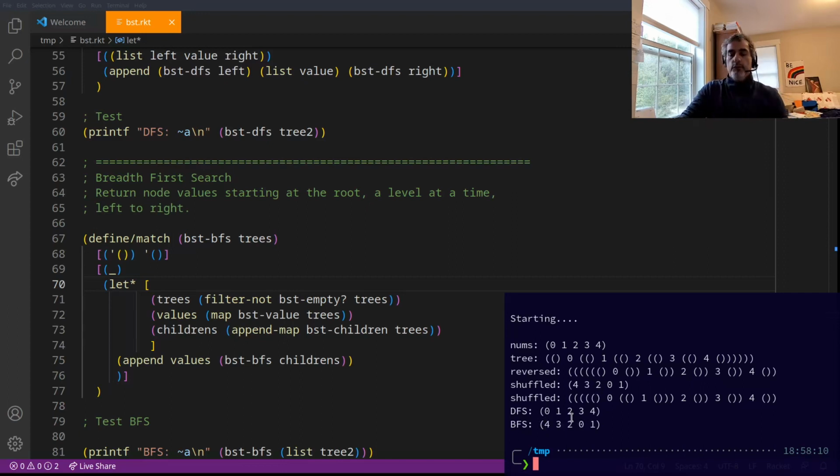All right, we'll do one more. 0, kind of a bummer. It's not a middle one. So we're going to have zeros first. 4 is at the first level, right, and then 2. So notice 4 and 2 came in, but because it's left to right, we're going to have